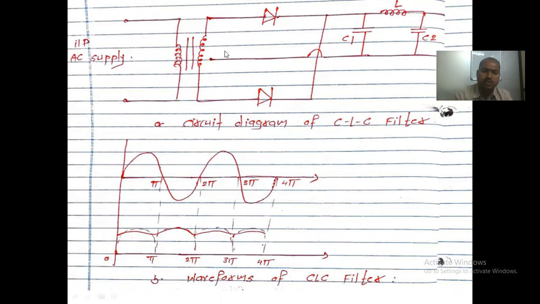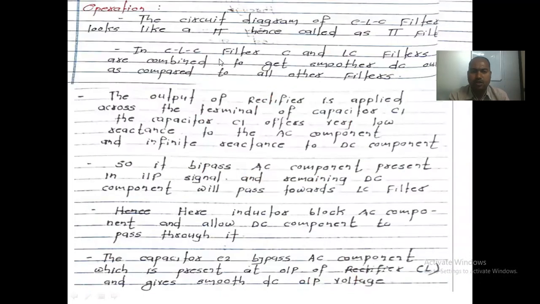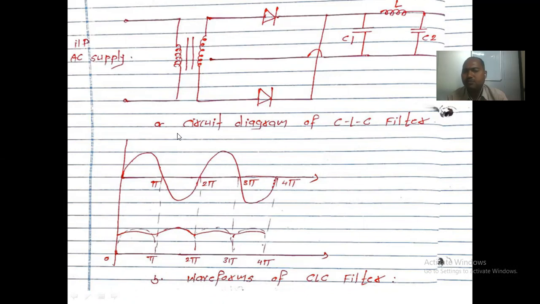Okay, I am explaining the things related to the pi type of filter. This is the diagram which is called the CLC type of filter. Whatever the input AC supply, we consider a 230 volt AC supply applied to the input of your transformer. Normally this type of transformer is called a step down transformer. According to this diagram it looks like a step up, because here the primary has less winding and the secondary has more winding, because I drew it myself, that is not to be considered.